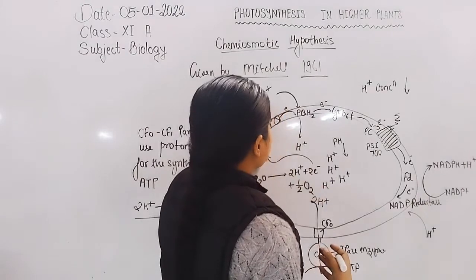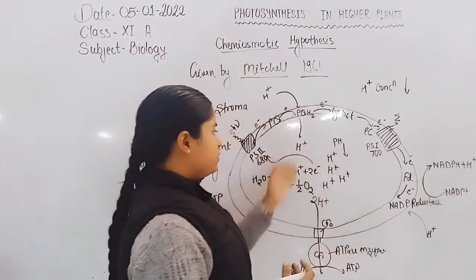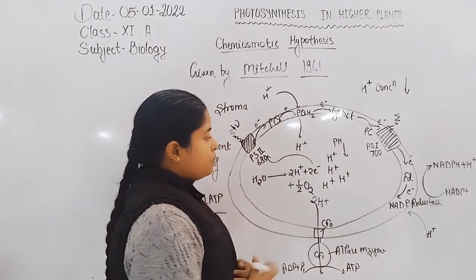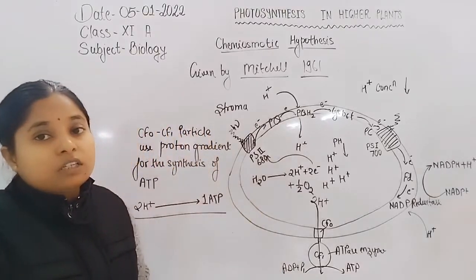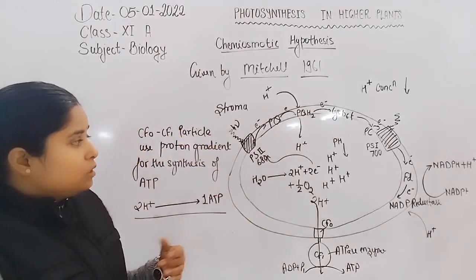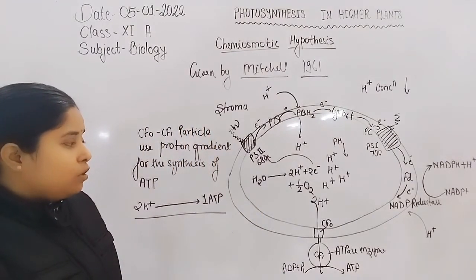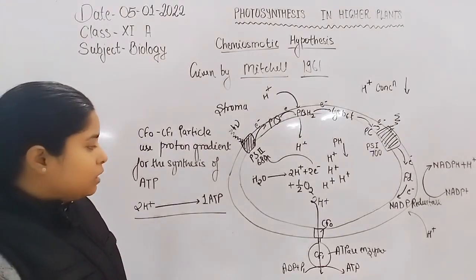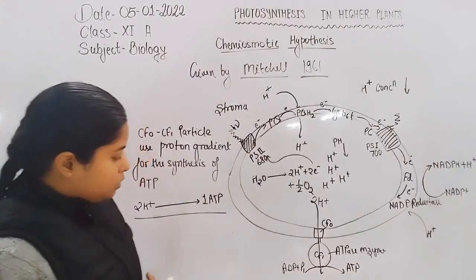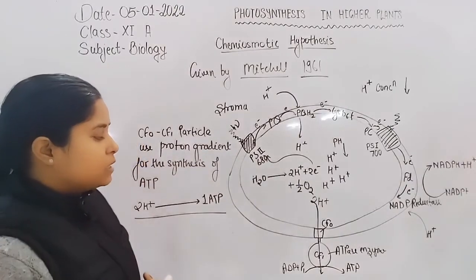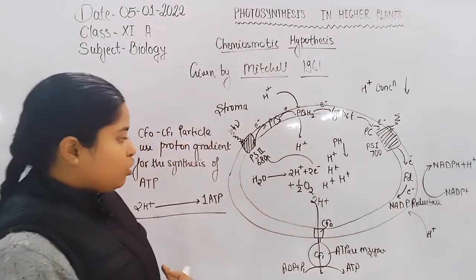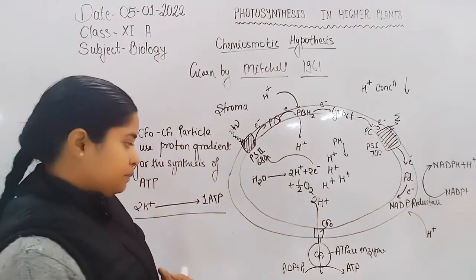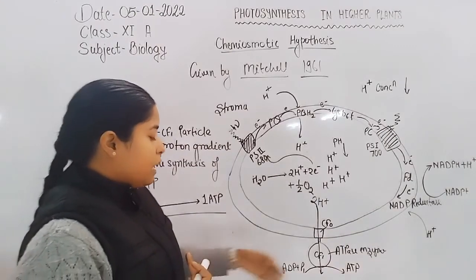Now, all together from the matrix and the splitting of water, protons increase in the lumen, so there is an increase in the concentration of protons and a decrease in the pH of the lumen. For reducing the effect of these protons on the membrane, the proton pump is used for the synthesis of ATP, where the FO-F1 particle is used in ATP synthesis. The FO particle is present in the membrane of the thylakoid, and the CF1 particle is present towards the matrix but attached to the CFO particle.